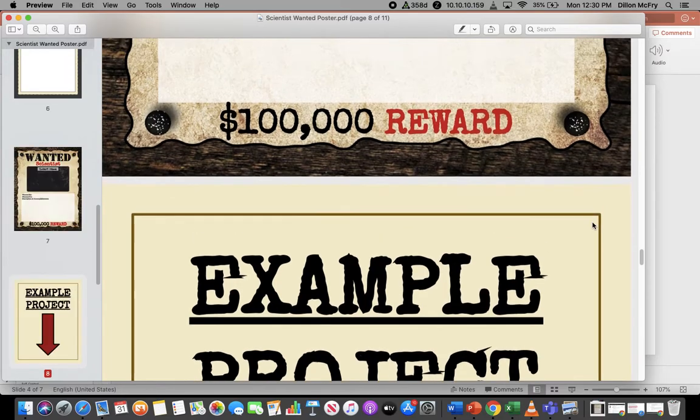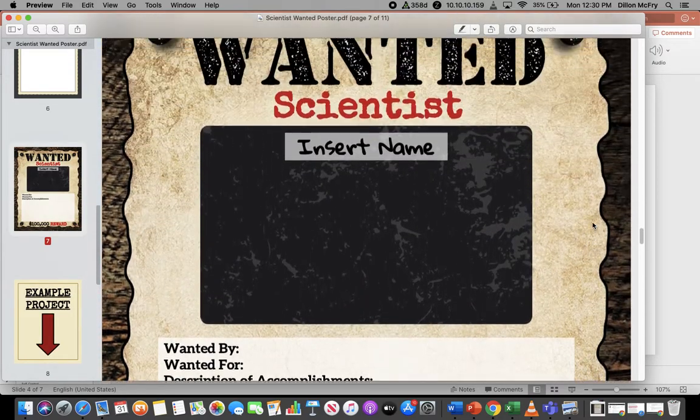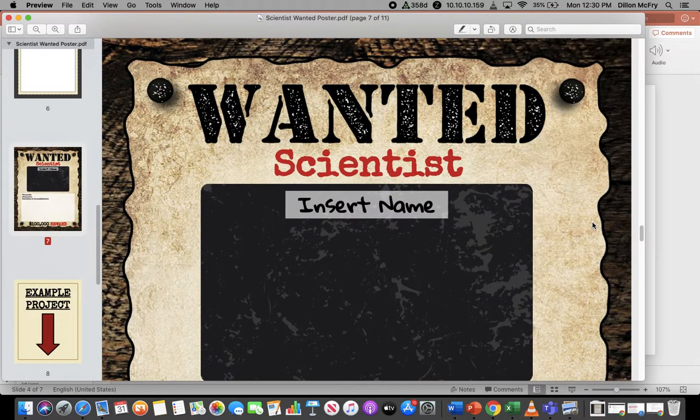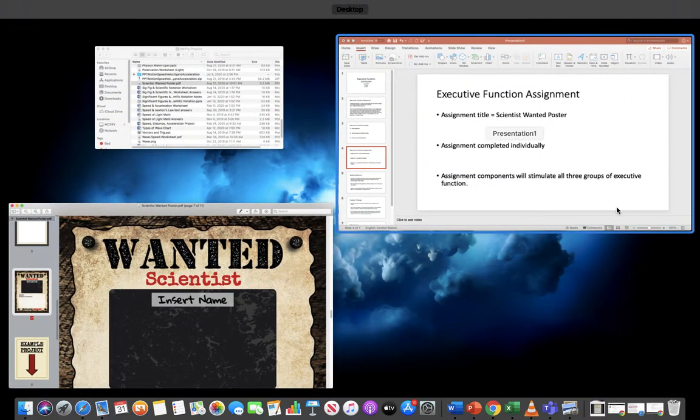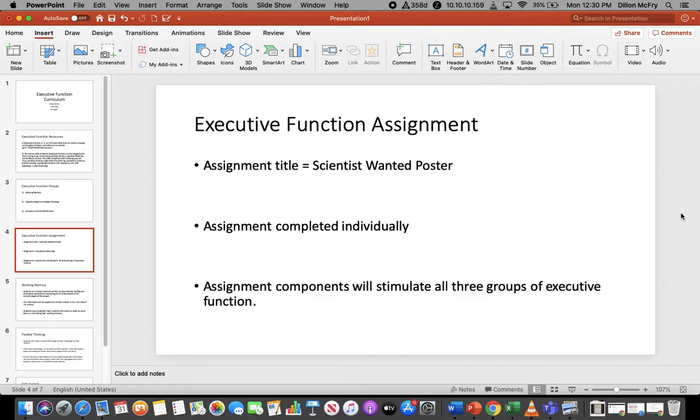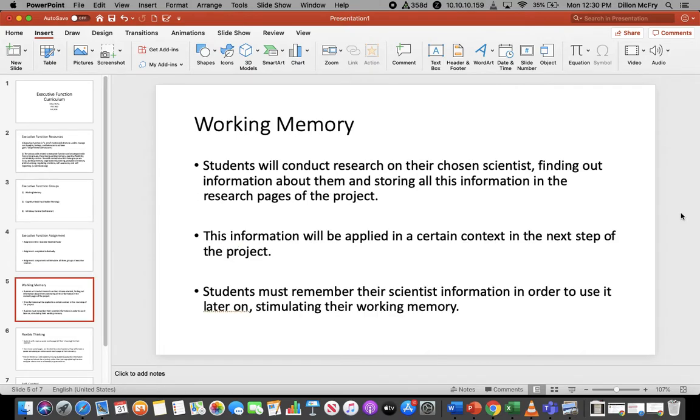Now, as far as the assignment itself, that is all I had in the document, but I actually expanded the assignment for use with my online courses, and that also worked out perfectly with working with executive function, as I'll show you now. So for the first group, which is working memory,